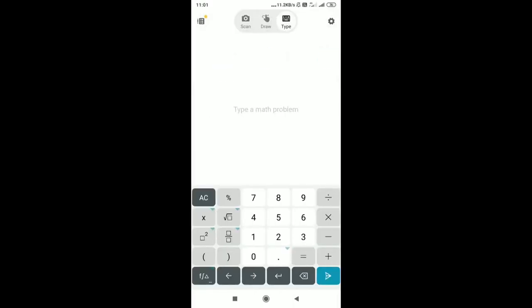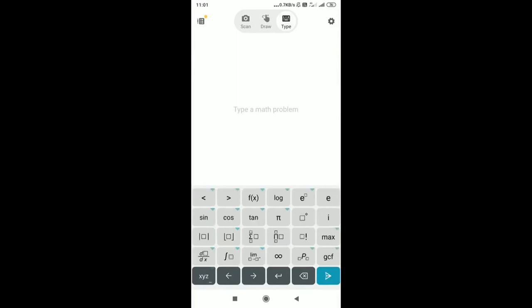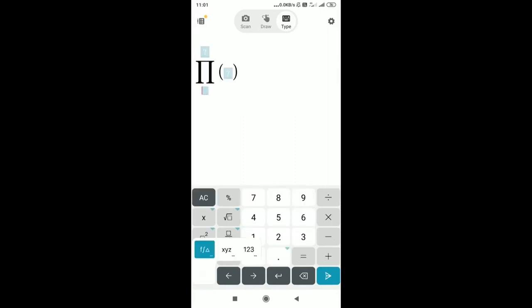Here is a typewriter, here's a calculator. You can see here different calculators like trigonometry, limit, calculus, statistics, like that.